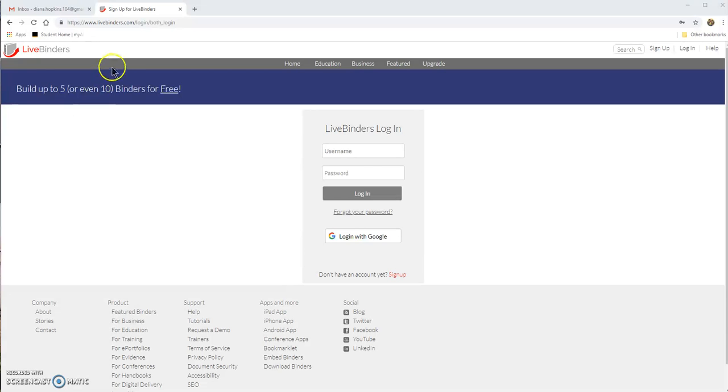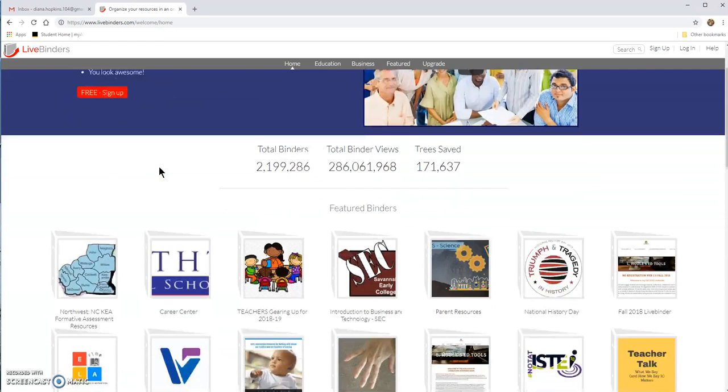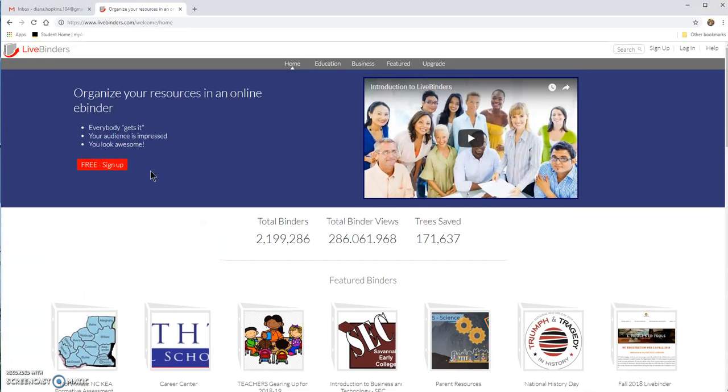I'd invite you to go to livebinders.com where you will undoubtedly reach this page. I've been using Livebinders for approximately 10 years now, and while some teachers will use it to access other binders that are public, there are binders available on every topic you could possibly imagine. I use it to prepare my own binders that I then share with students with specific content that is used